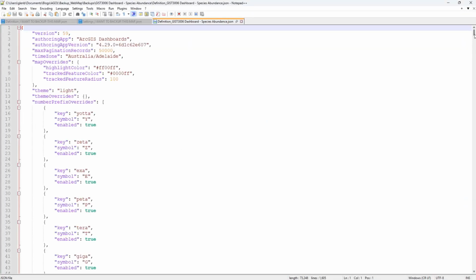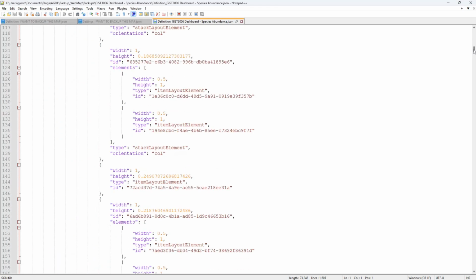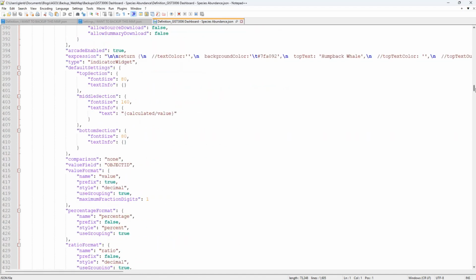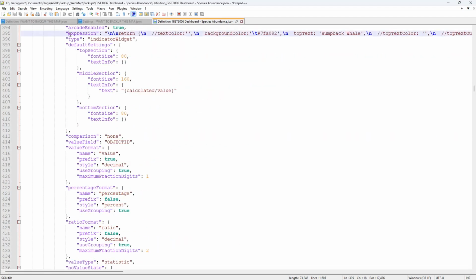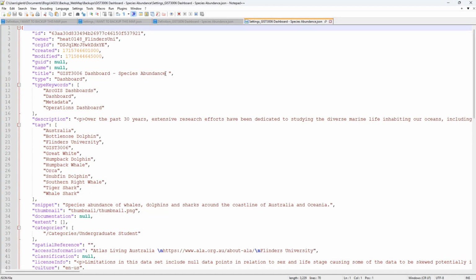Here we can see the makeup of that dashboard with all the different widgets that are used, along with any arcade expressions that might be used. I won't go through this JSON file in depth. And we can also see the settings, and we can see the space at the end of the name there. It is a dashboard. We have descriptions, and we have tags, we have a summary, and we also have a